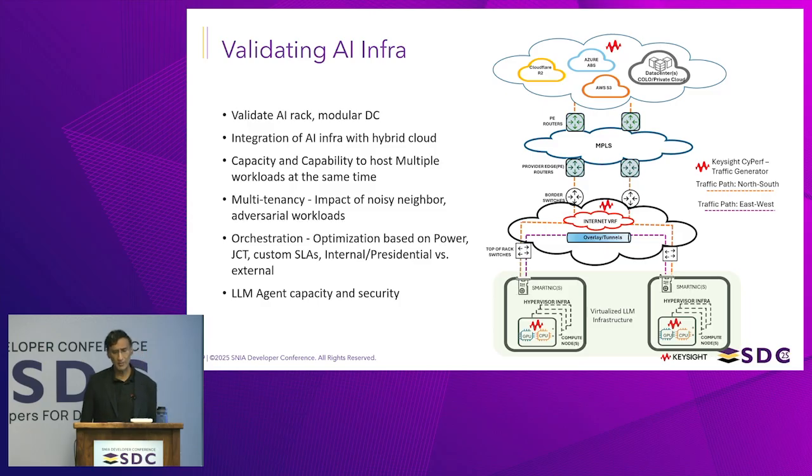Stepping back, I'm going to quickly summarize. If you are trying to validate your AI infrastructure, you're kind of validating your rack. You cannot take a simple storage angle or a network angle. It is how all of them are working together in tandem. And then how do you test your bottlenecks when you are downloading all the data from your cloud back into your data centers? There's a sequence of modelings that you need to do to test your end-to-end